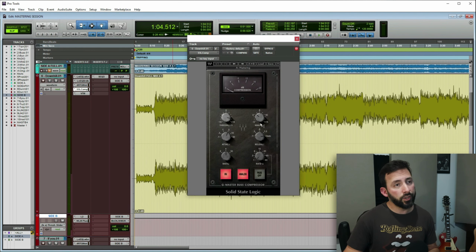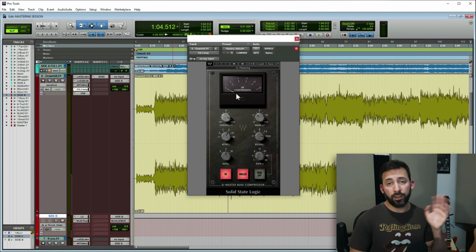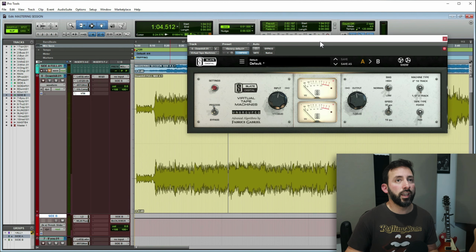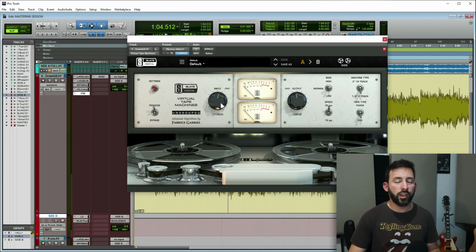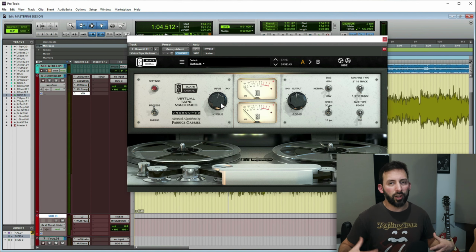And then the SSL compressor that I really like. Again, it's taking only maybe 1 dB, nothing crazy. After that is some tape emulation that I really like. I have a few on this computer here, but I like this one. I don't know exactly why, but it's adding something on the low end.